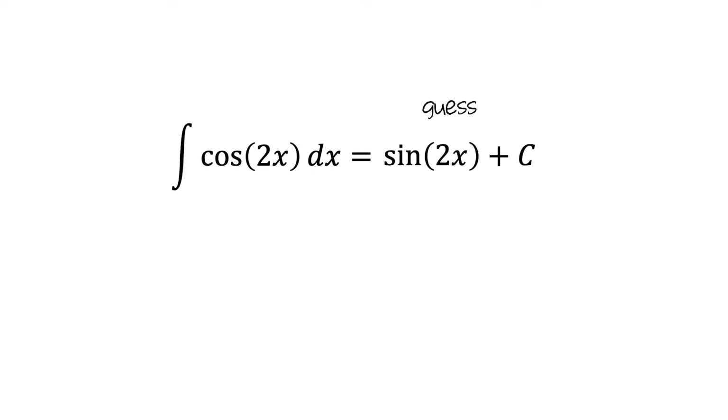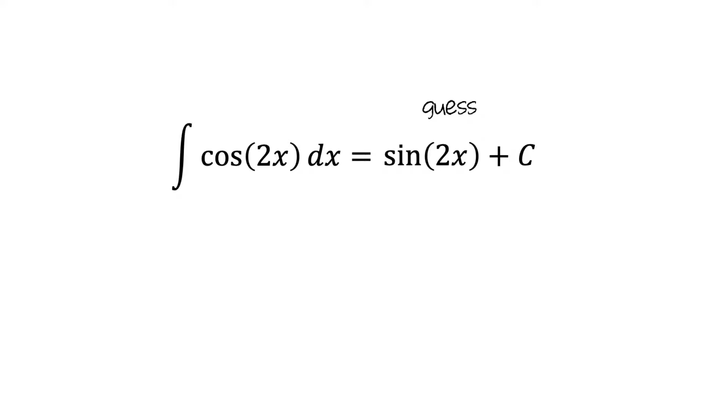In this video, I'll show you how to integrate composite functions using the method of U-Substitution. Let's begin by considering how we might integrate the composite function cosine of 2x. Since the antiderivative of cosine is sine, we might guess that the general antiderivative is sine of 2x plus a